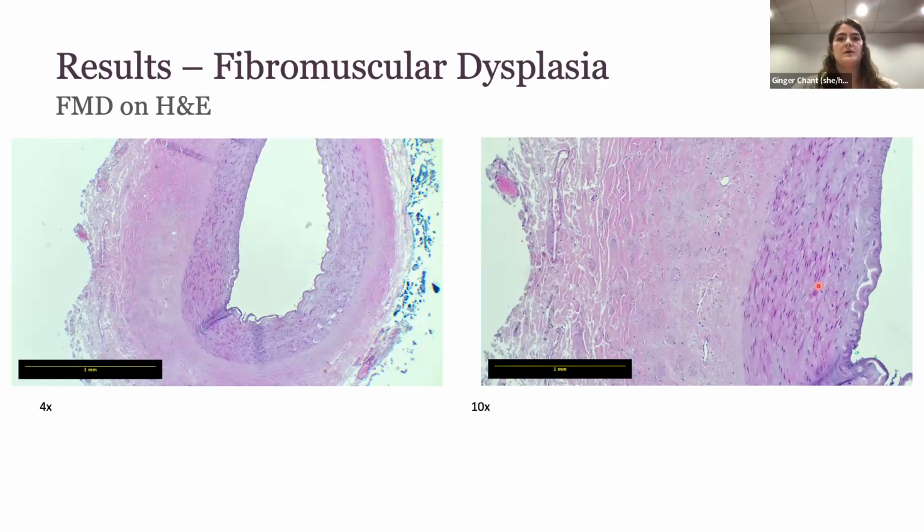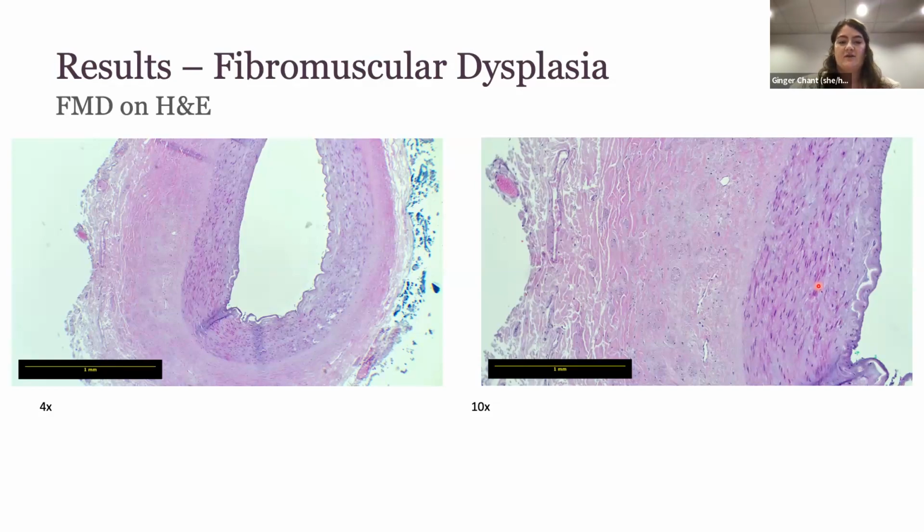Typically, the fibromuscular dysplasia presentation or epidemiology is 9 to 1 female to male. However, our results were that only 2 of our 6 fibromuscular dysplasia individuals were females. So that was an interesting aspect that we didn't necessarily expect to find. However, the data that is out there on fibromuscular dysplasia is a bit older. So